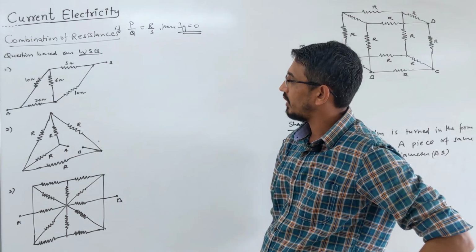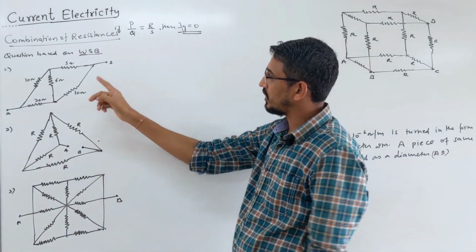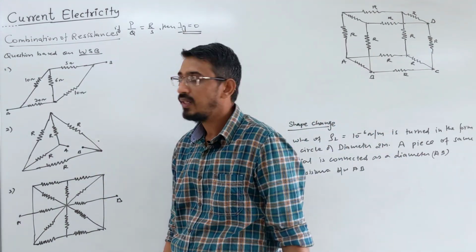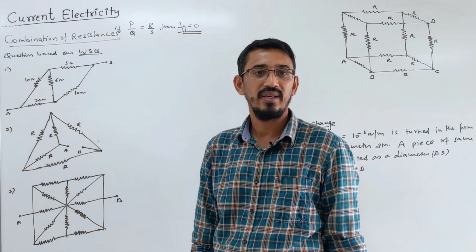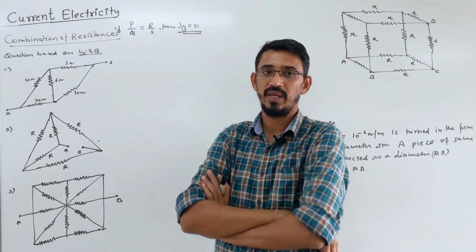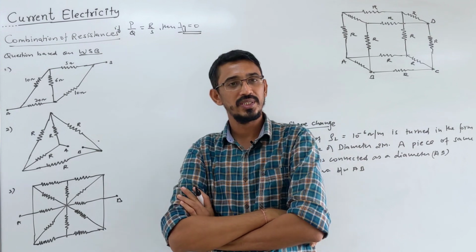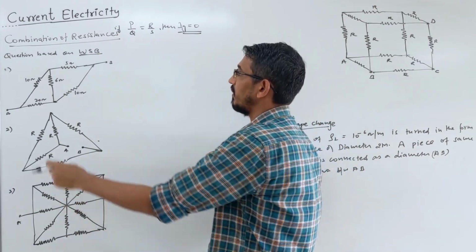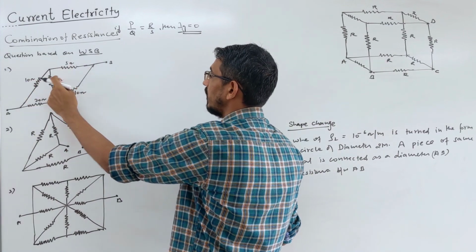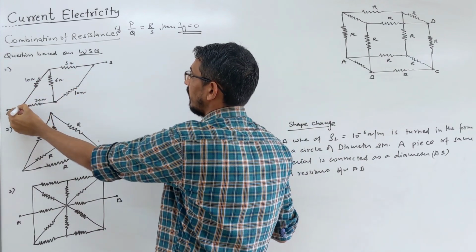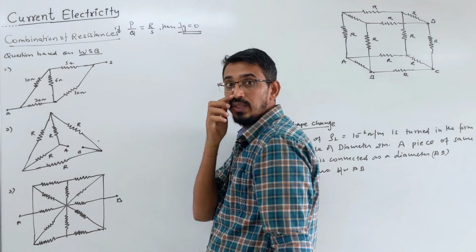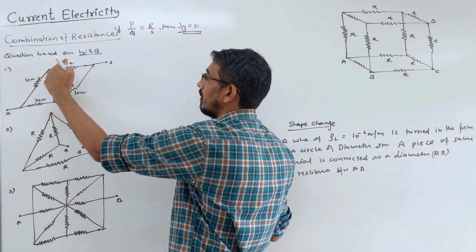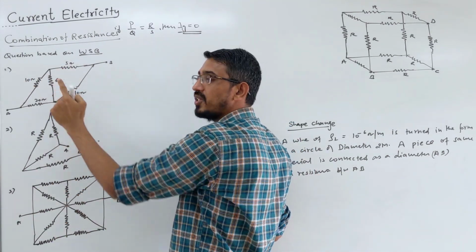Okay, so look here, these are the examples. Watch example 1 carefully, you see that nothing is in series or parallel here. There is no series, no parallel. But if you see 5 resistances, then try to see a Wheatstone bridge. Look here, 5 resistances are there, 1 2 3 4 5. This is terminal A and this is your B, correct? So watch carefully, this is like P Q R S and this is your middle resistance G.